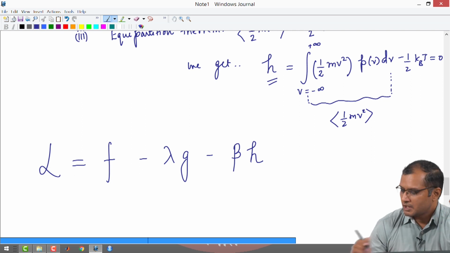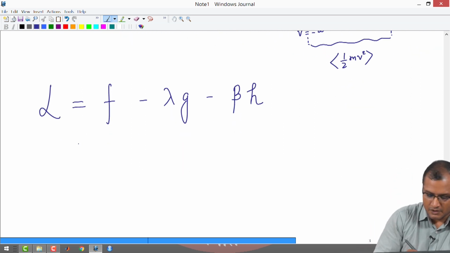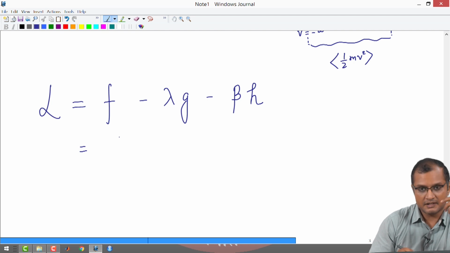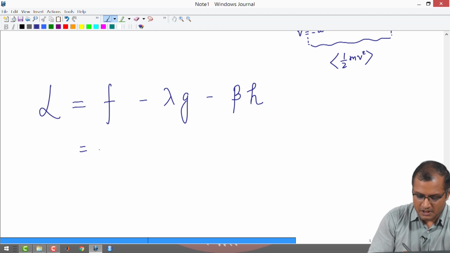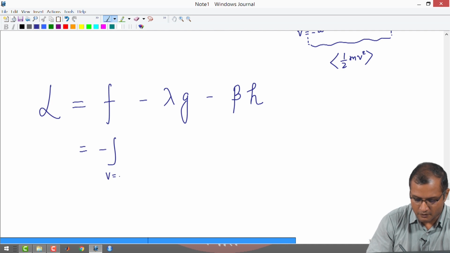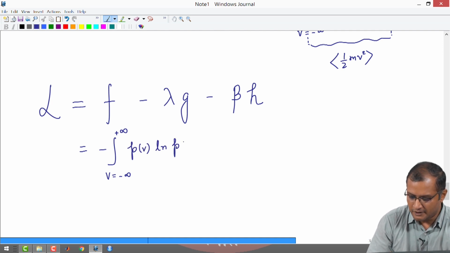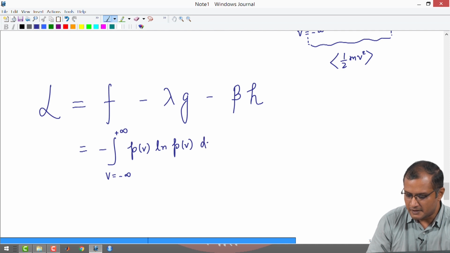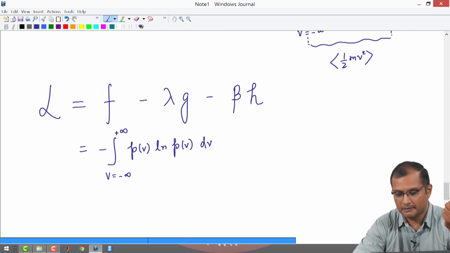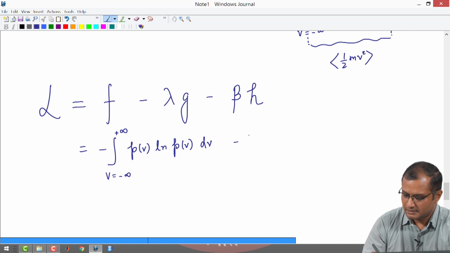Let us write down what these quantities are. My function f is nothing but the entropy, which is minus the integral over v going from minus infinity to infinity of p of v ln p of v dv, minus lambda times g, which is nothing but